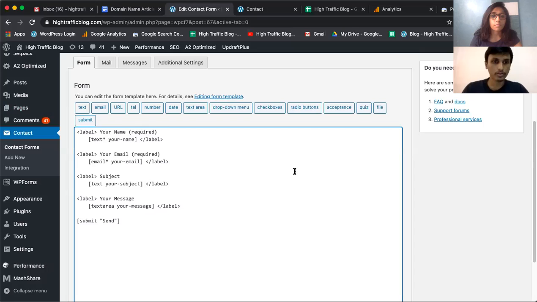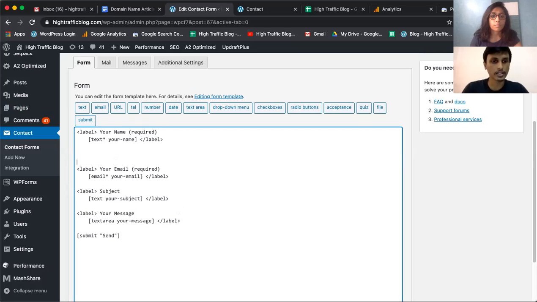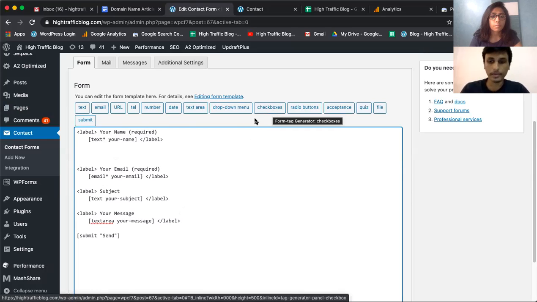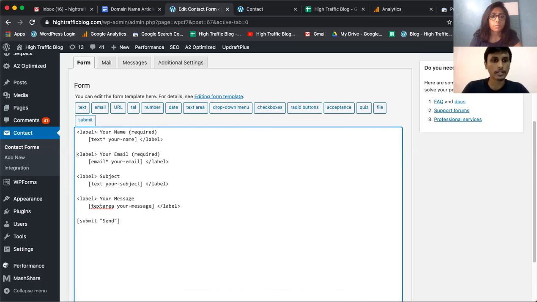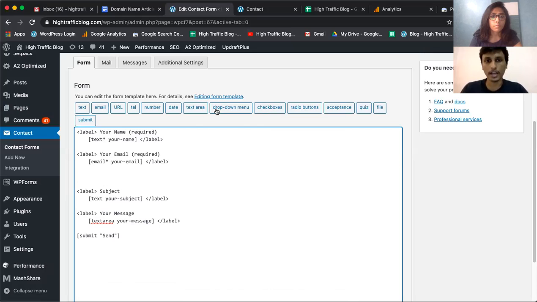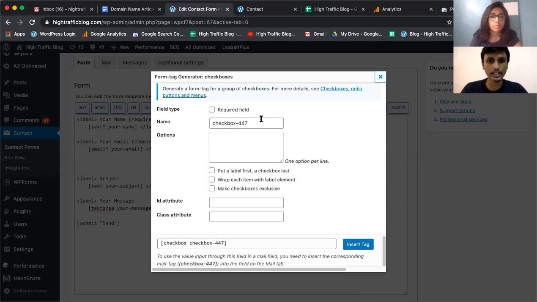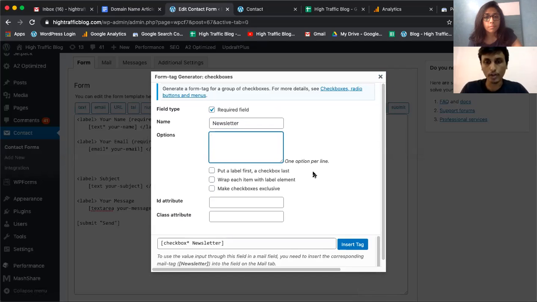So what I'll do here is I'll just create some space. I'll give people 2, 3 options on what they prefer me to send them as emails or tips, newsletters. So I'll create a checkbox here and I'll name it newsletter. And if you want the field to be required, you can click on required, and it says one option per line.